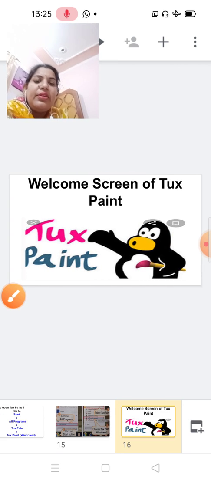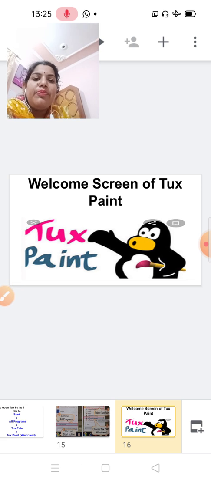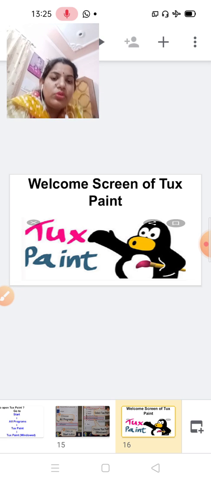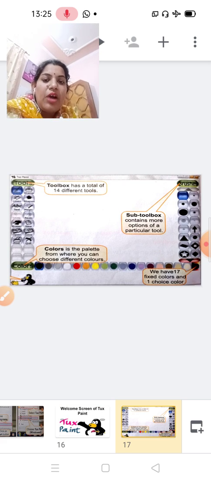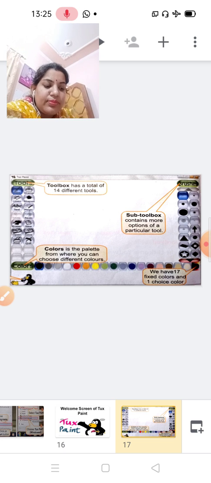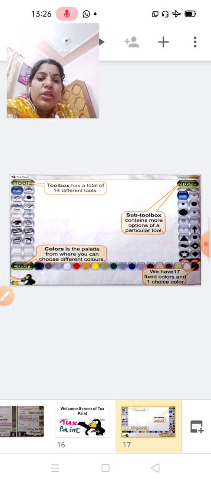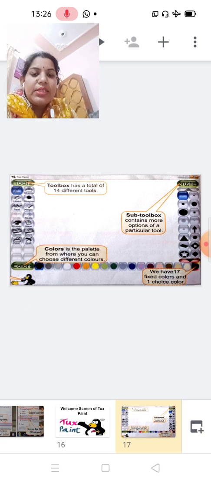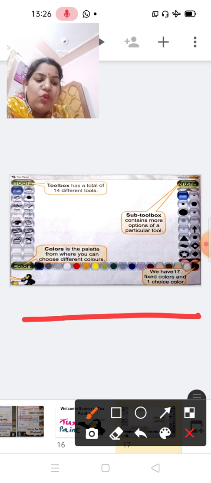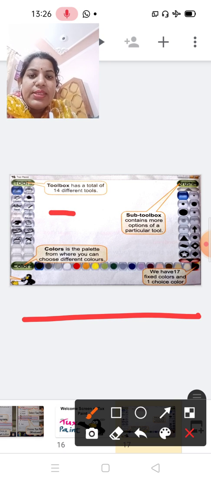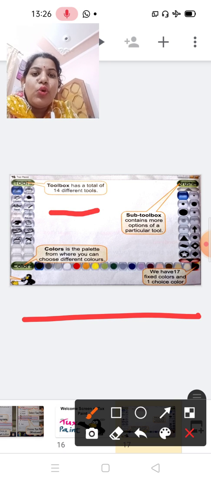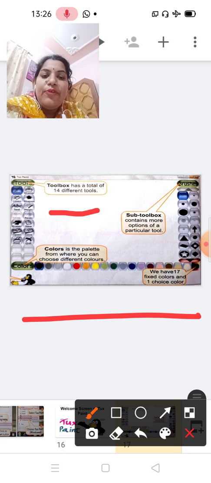Next, the welcome screen of Tux Paint is displayed on your screen. After that, you can use the first window of Tux Paint. Here you can see the first window. The toolbox has a total of 14 different tools.